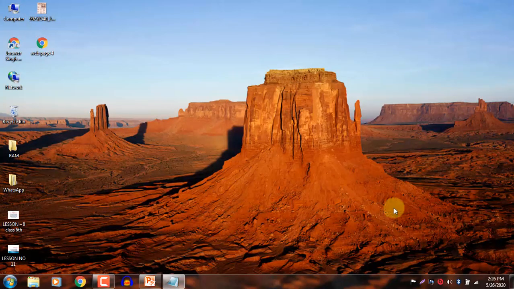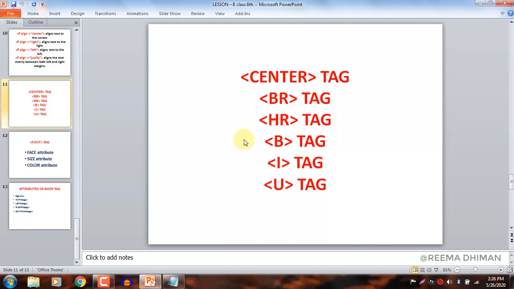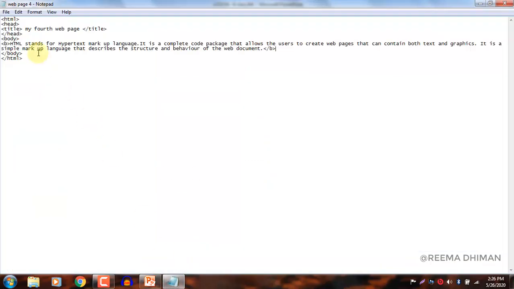Similarly, we have the case of the I tag. To draw the attention of the reader to any important information, the I tag is used. This tag marks up the text in italic style. So similarly, as we have applied the bold effect, we can apply the I tag also. For this, we just have to change the tag name here. As the tag name is I for italic, we have to type the particular tag name. Clear?